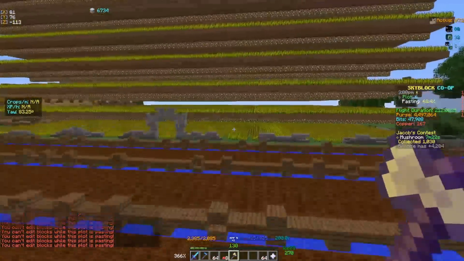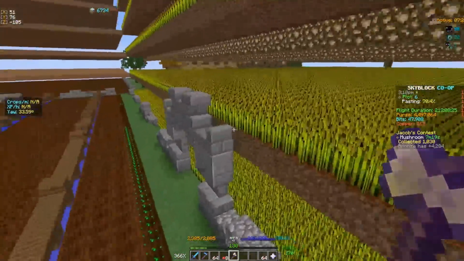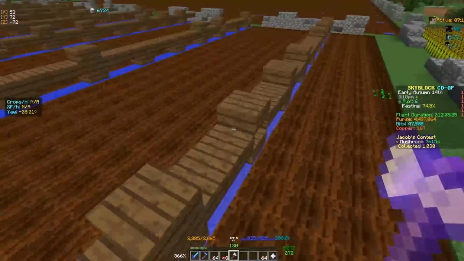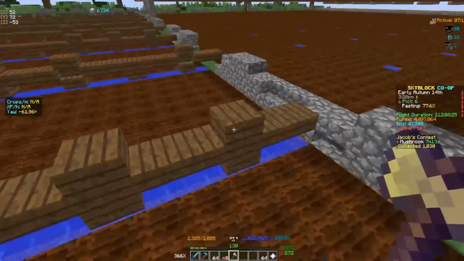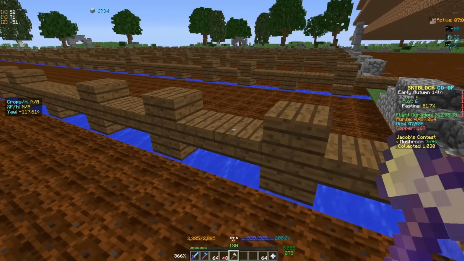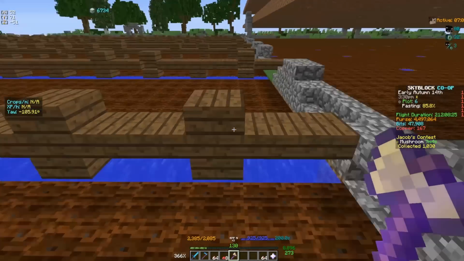In fact, if you look over here, I have no spruce because then I can just fly across my farm and casually farm it without worrying about this getting in the way. Second thing you're going to do is fill in all of this water. Yes, I know you're going to have to remake water holes later, and honestly, I think it's worth it because